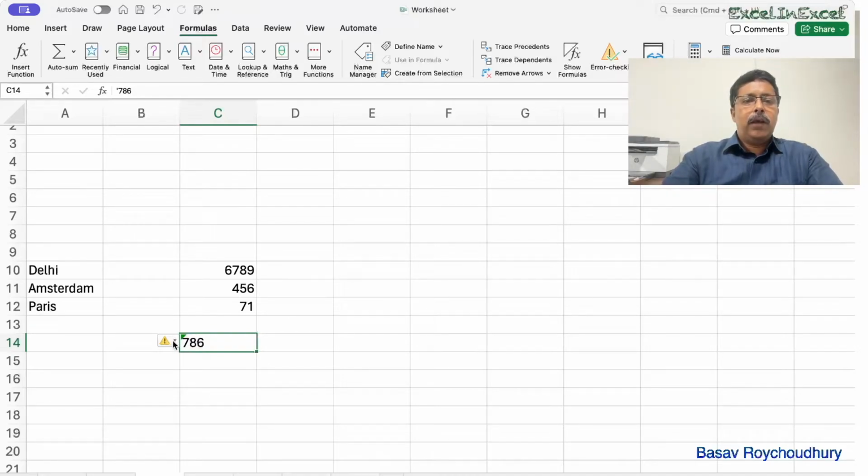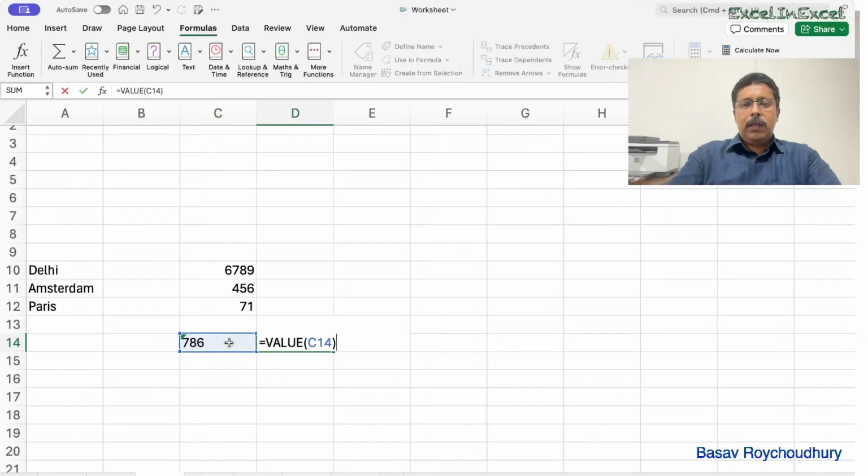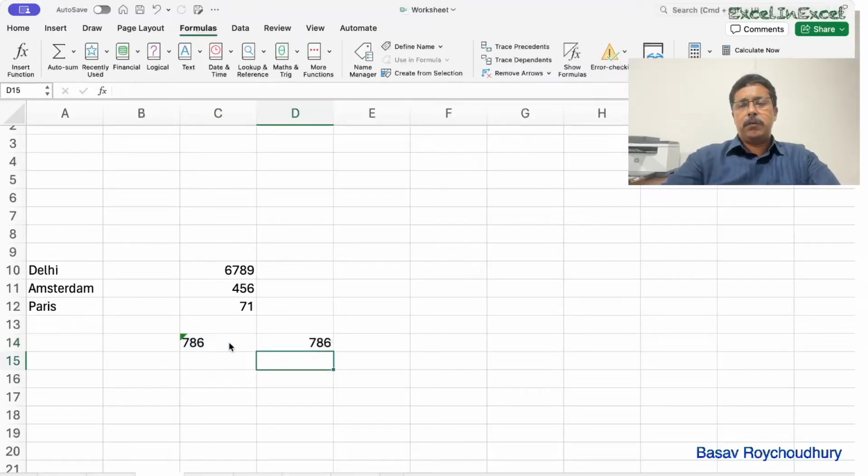me a warning. As you can see, this warning symbol, if I put it here, it says the number in this cell is formatted as text, or preceded by an apostrophe. Anything you precede by an apostrophe becomes text. But that's not very important here. What's important is it is stored as text, and I want to store it as a number. So we use the VALUE function, get this inside the VALUE function, and here we are, it's a number now. So a number which is stored as text is now stored